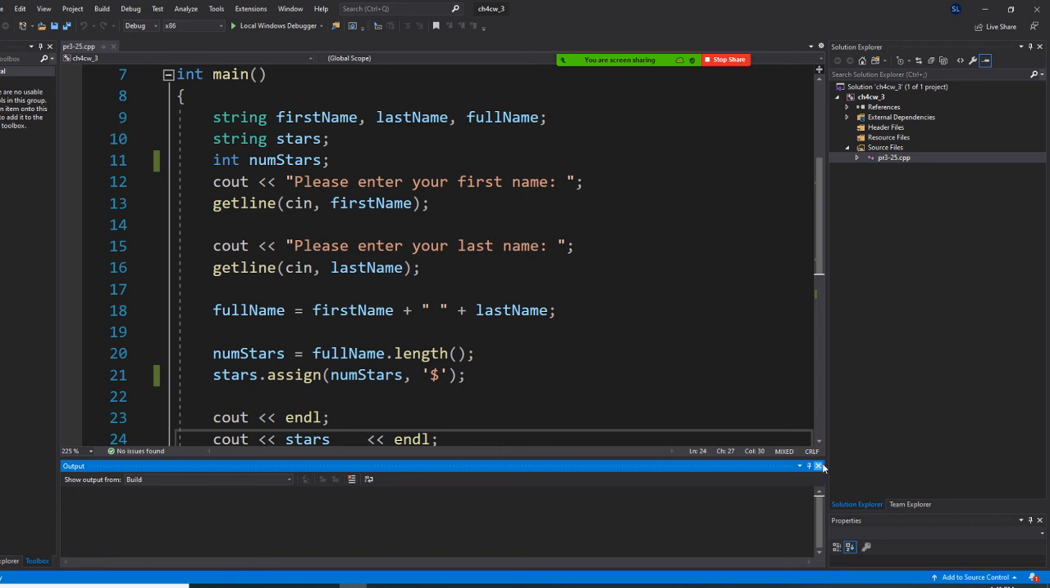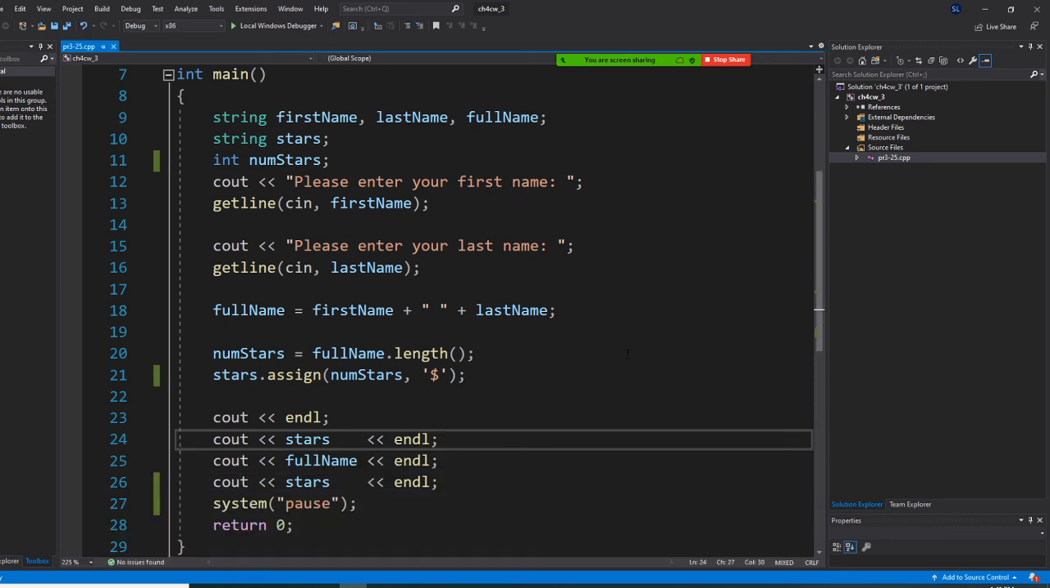I hope you understand this program, and I hope you enjoy the new features, the new functions you learned from the string class. Okay, so